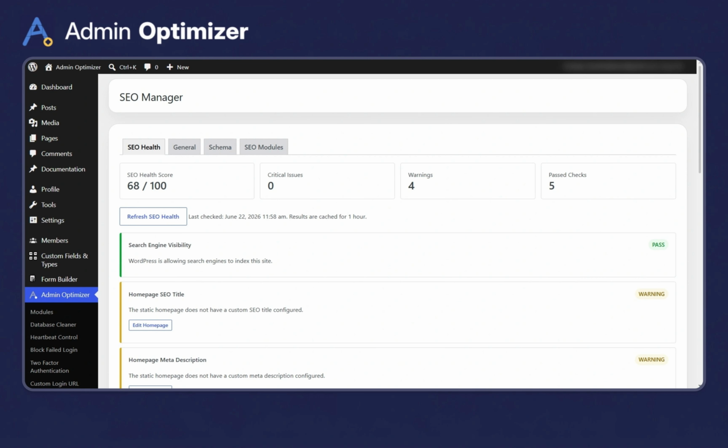actually moves the needle. Best of all, if you're already using another plugin, its built-in migrator will automatically pull over all of your titles, descriptions, and focus keywords from platforms like Yoast, Rank Math, SEO Press, etc., without losing a